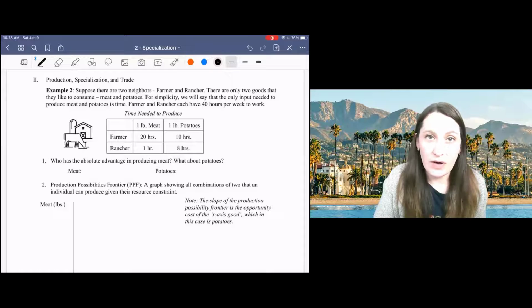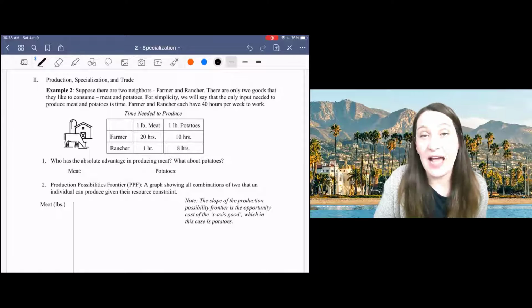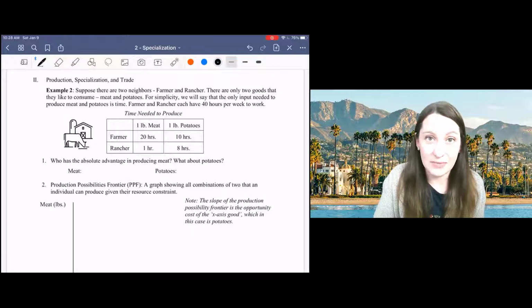This table represents production, how we transform resources into consumption goods. And it tells me for each person the time it takes to produce each product. So the first question is, who has the absolute advantage in producing meat and who has the absolute advantage in producing potatoes? Recall that what we want to do is look for the person with the lowest resource cost of